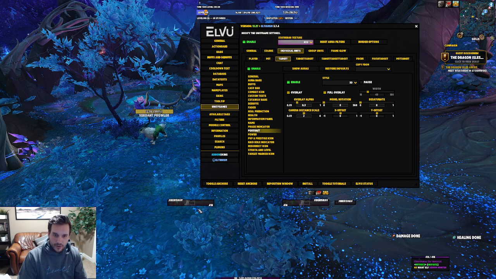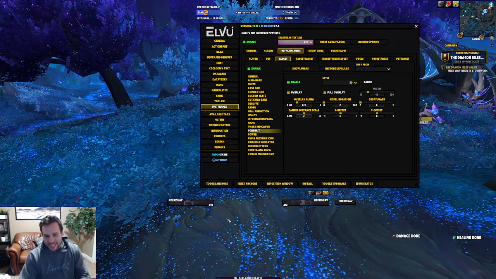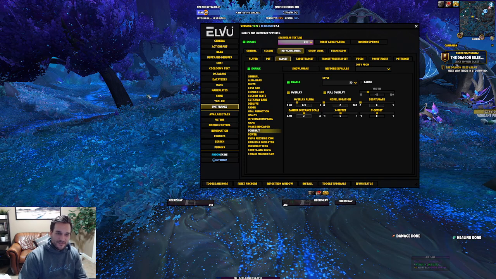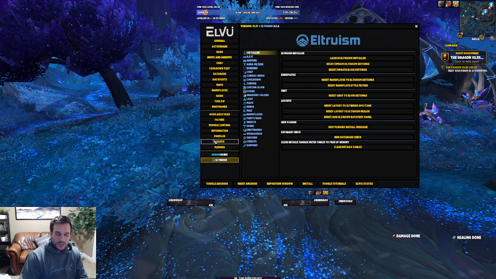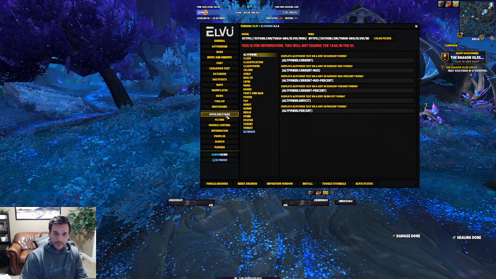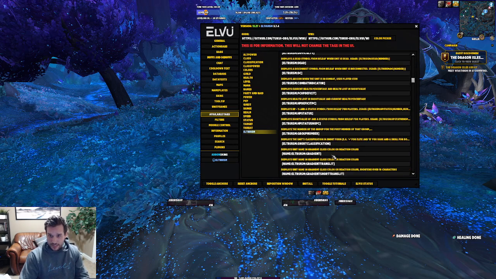Now I'm like, well, I can't really tell what class this is, right? If I were logged in, I obviously know I'm playing a demon hunter, but for your party frames and things like that, if it's dark mode, you kind of want a quick visual of what class this is. So in Eltruism, there's a lot of tags that are included. So if you go into available tags, you'll see Eltruism here. A lot you can apply to custom text fields on unit frames. One that I've been using a ton,